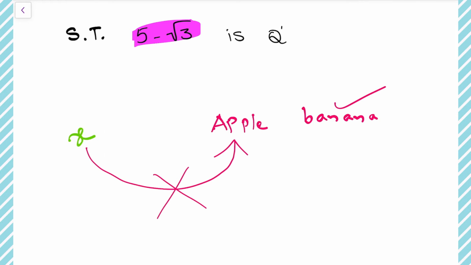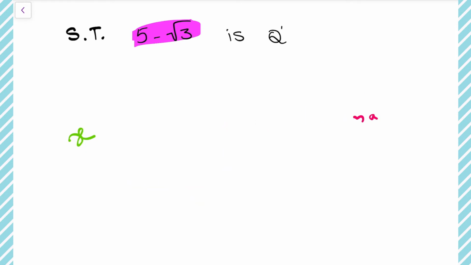So this is called the contrary method. We won't prove it directly, we will take it in the reverse direction and prove that. So this one we are also going to solve by the contrary method only. For that, instead of showing it as an irrational number, we will prove that it is not rational. If it is not a rational number, then definitely it will be an irrational number only. Okay, let us check that now.